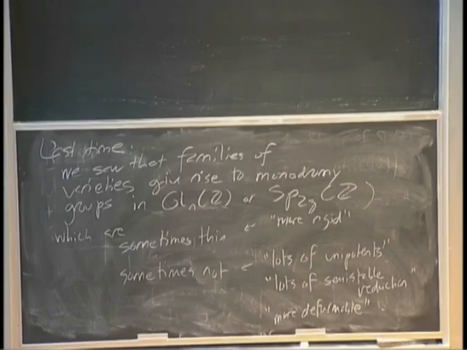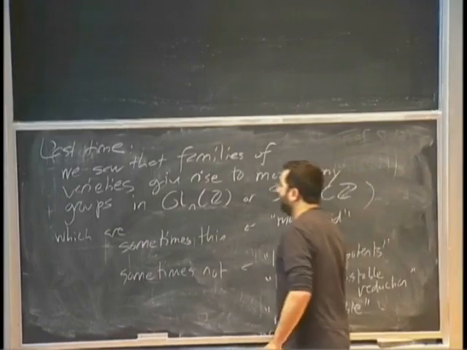Norbert's example has one dimension of deformations. But in general, maybe this is another piece of evidence in favor of the philosophy that somehow the more generic you are, the less likely you are to have thin monodromy. But in this case, the word generic is not meant in any precise algebro-geometric sense. Okay, so